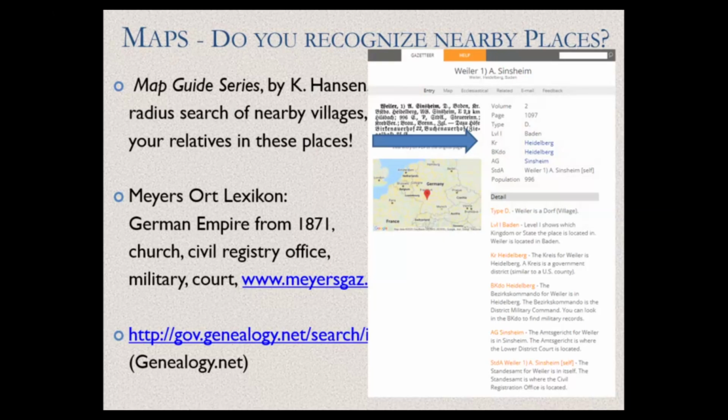You can also click on the ecclesiastical, so then it shows you where the closest church was where they would need to go, how many miles. And also when you click on the map, it shows you that old map when it was a separate village. Maybe now it is absorbed by the town, a part of the town.